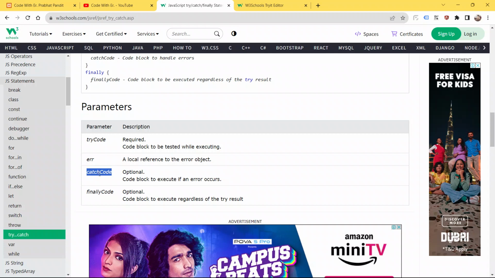And finally, here is the finally code, optional. This is also optional, and the catch code is also optional, but we must use at least one of them in our code to make our code flow smooth and to generate some custom errors.